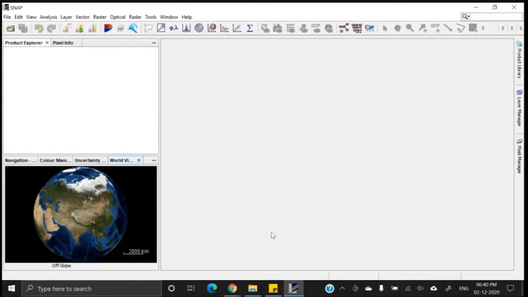For example, since it is a free software and it is also being developed, some problems are still there, and in some of the instances, it fails to run. So in such cases, simply what we do, we just close the software, restart the computer, and again run the Snap software for the analysis, and most of the time it performs its task.